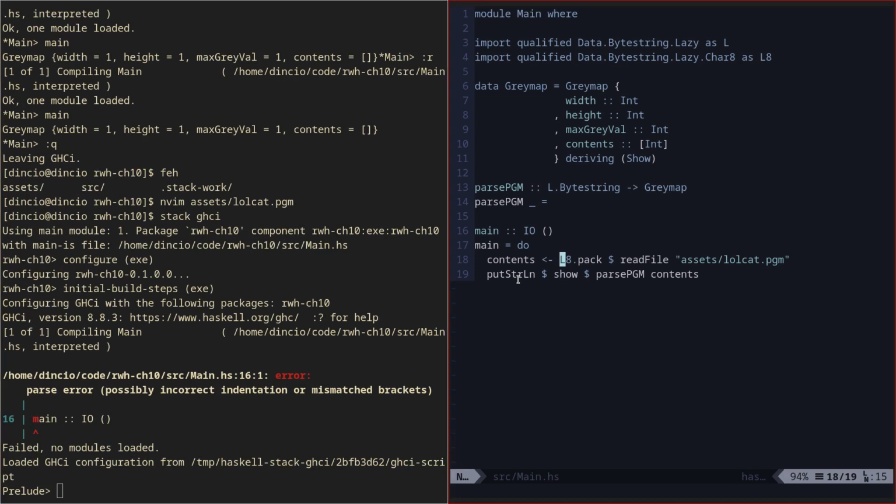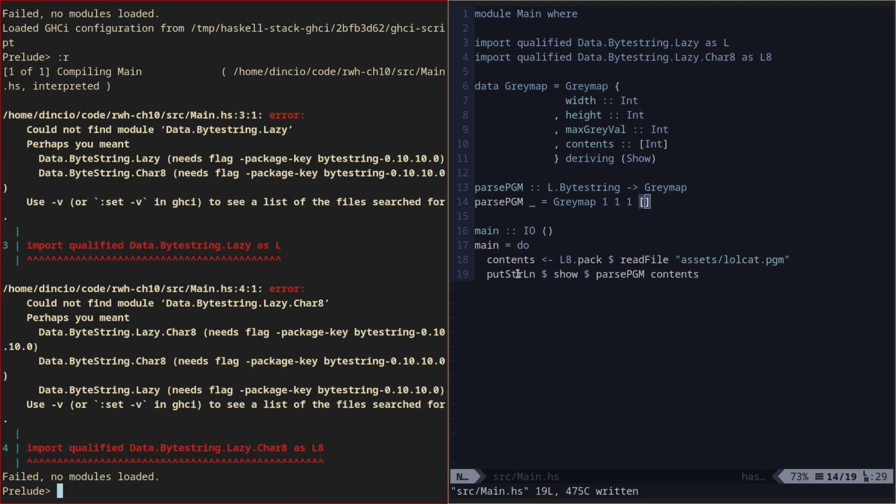So it does not work because the brackets do not match. Oh, that's weird. Oh yeah. You don't know why I erased it. Empty. So let's reload. Okay, so now I need to import this, and this is a nice opportunity to explain how